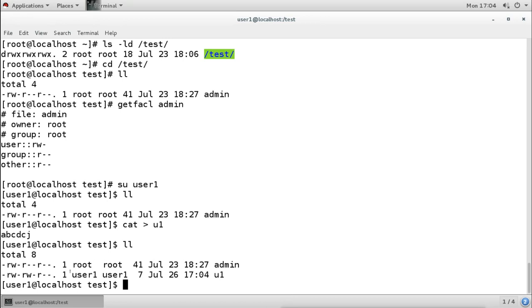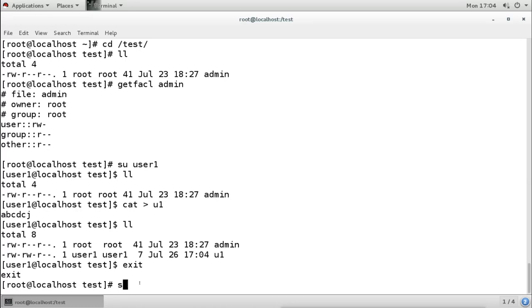So owner is user 1 and the group owner is also user 1, and the default permissions are coming like this: read, write, and read. So other users only have the read permission. Now I will switch from here, and then I will log in as another user, user 2.